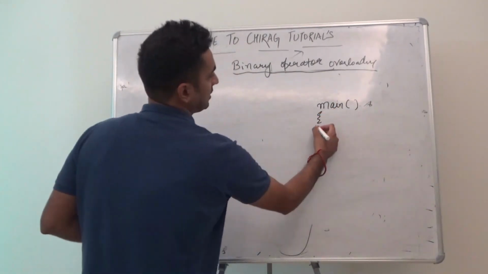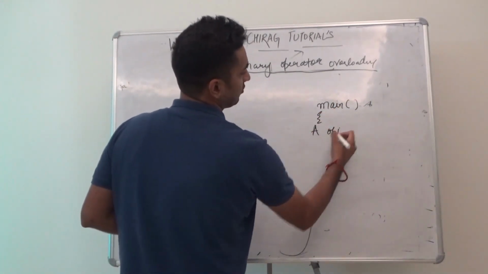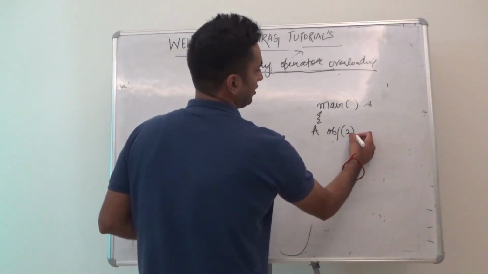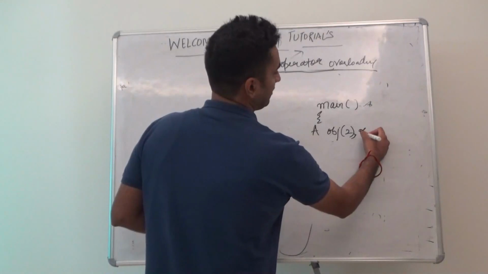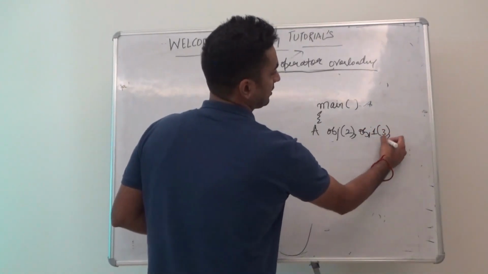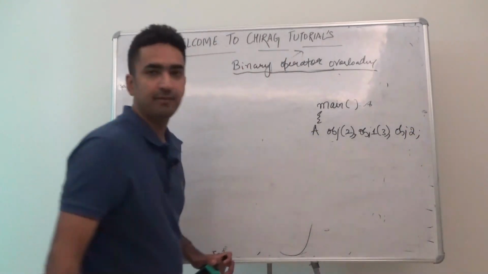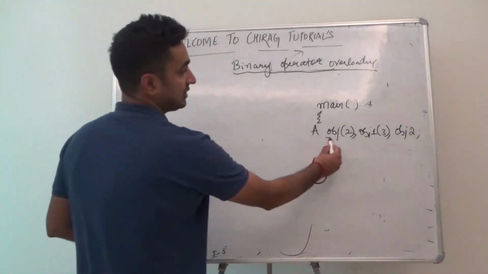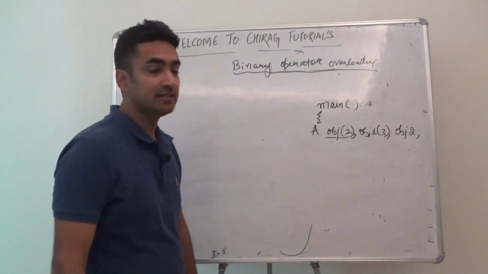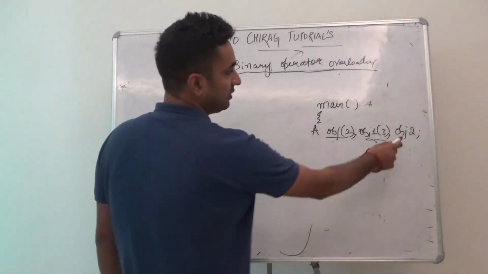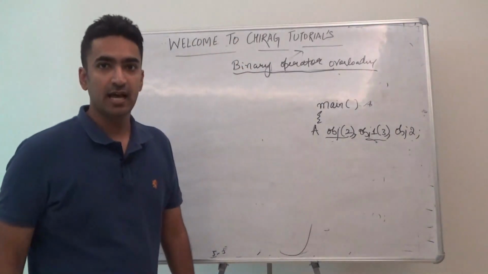So, what I'm doing is I'm having three objects: obj, putting parameter 2 to it, obj1 putting parameter 3 to it, and obj2 not putting any parameter. So it means if I write this, I need to call a parameterized constructor. Same parameterized constructor can be used for this, and obj2 I'm just writing it as such.